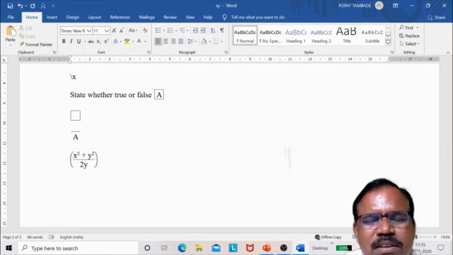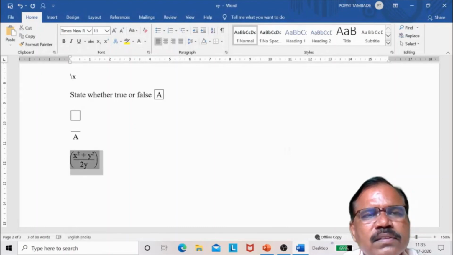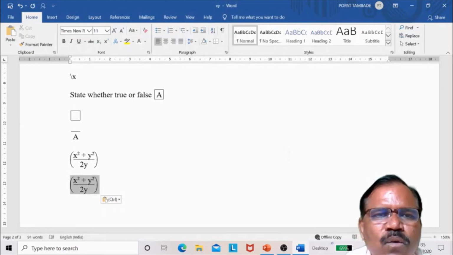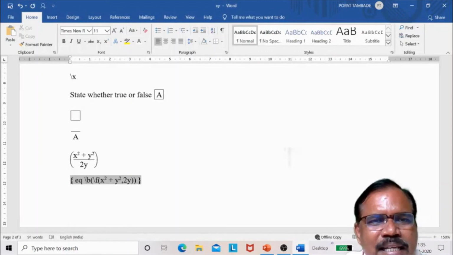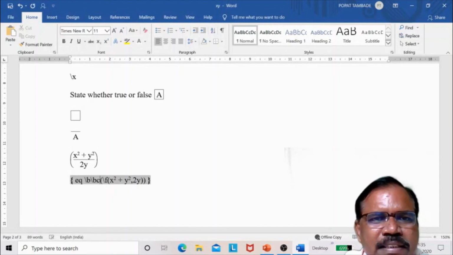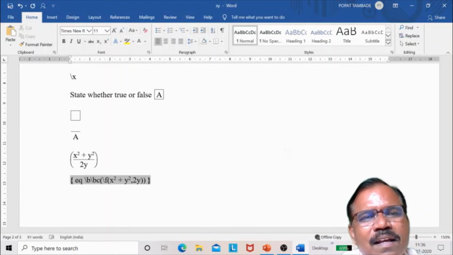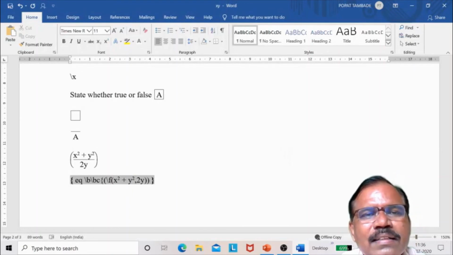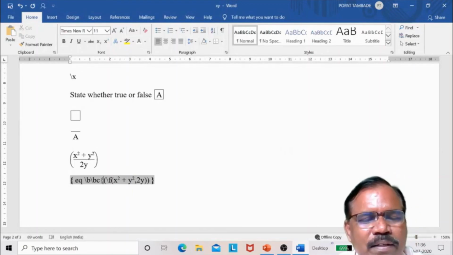Now suppose I want square bracket. Then I will paste it again, and I will open the field. Now see here backslash B. Then write here backslash BC. Then whatever character you want to write here, and then in bracket whatever your function.